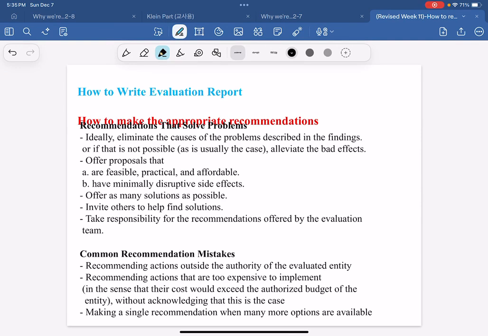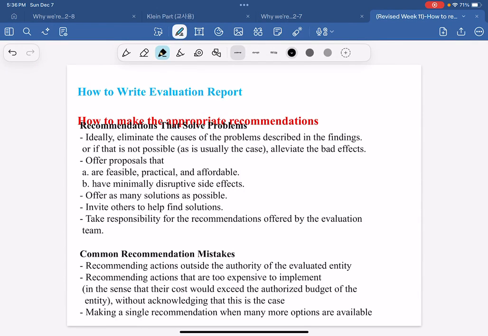However, it's very difficult to make good, appropriate recommendations, and evaluators sometimes may make mistakes. And I will explain some kinds of mistakes made by evaluators. And then the first mistake is